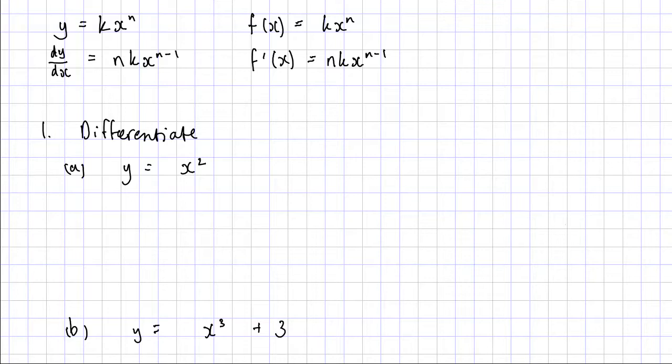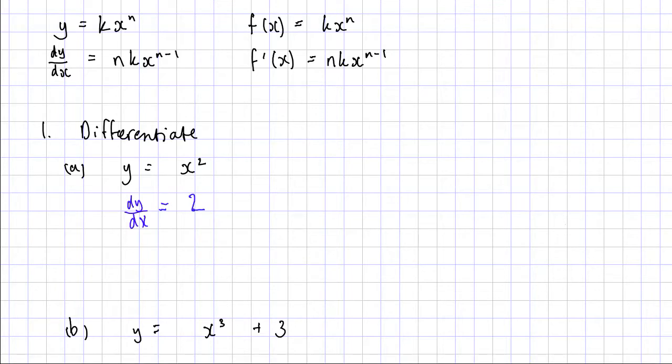So we have, differentiate y equals x squared. Now my k here would be 1, so that won't change anything. Now my n here is 2, so when I differentiate, if I was to write dy over dx, the n comes to the front, so this 2 is going to come to the front, so I'm going to have 2 times,